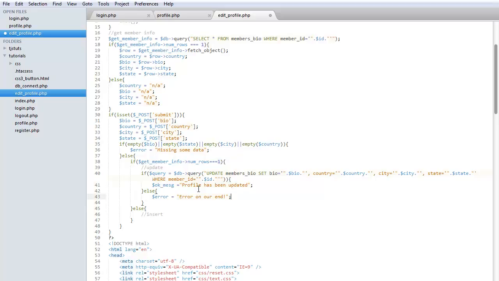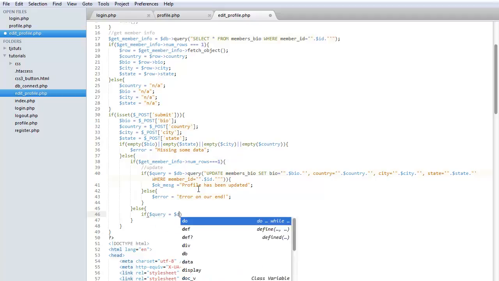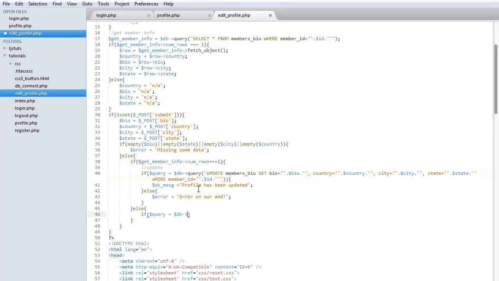Okay. All right, so now let's go ahead and do kind of the same thing for setting the profile. So I'm going to do db query